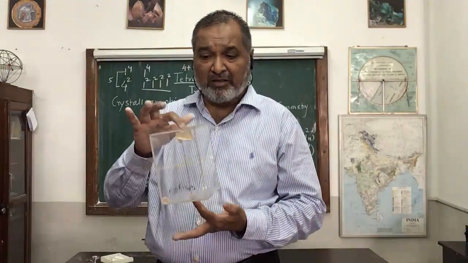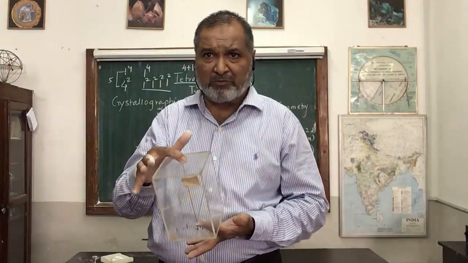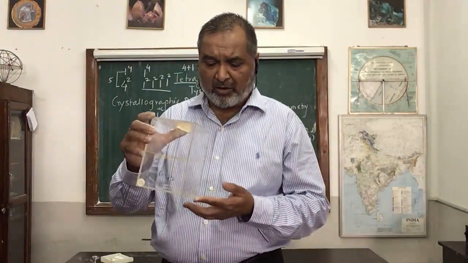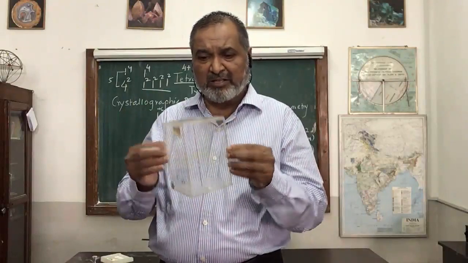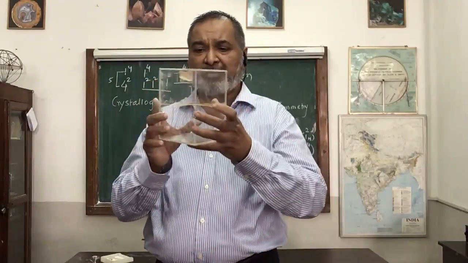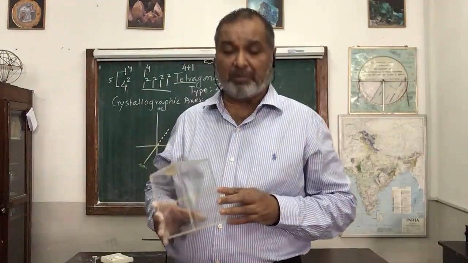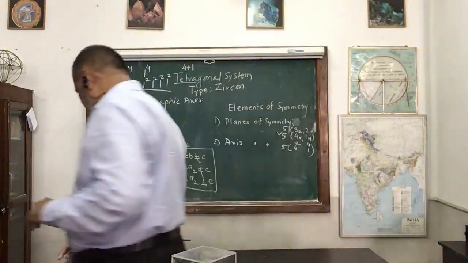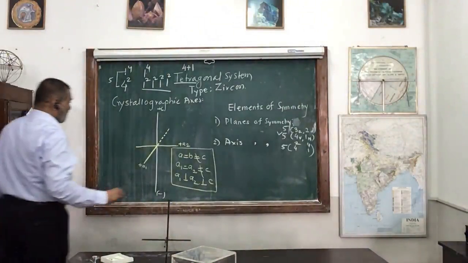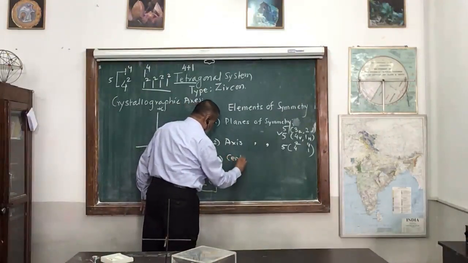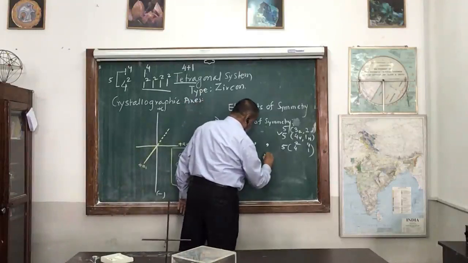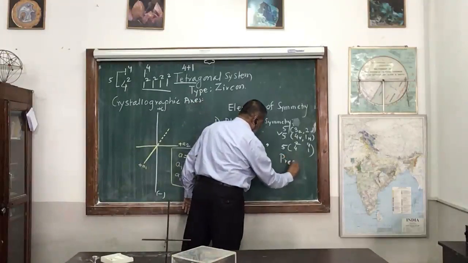So what does center of symmetry mean? Whenever you hold along the imaginary axis, whether it is the center of a face, both faces will be the same, or corners, or the centers of edges will be in the same orientation, then the center of symmetry is present. So here, the third one, center of symmetry, is present. So this is what we have.